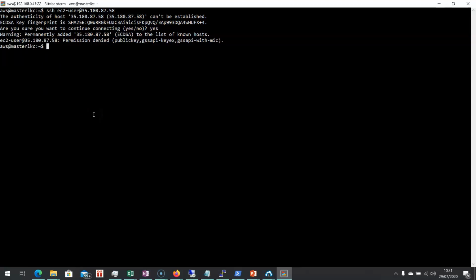Quick reminder, you have downloaded your key. Mine is called My First Instance. It is in PEM format. To connect to your machine, you need to tell SSH to use the key. To do so, type in